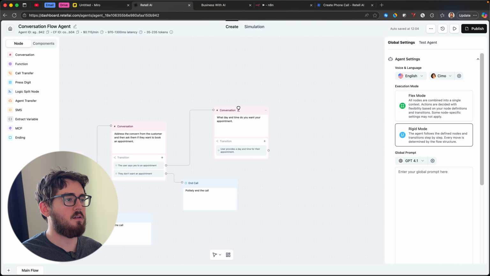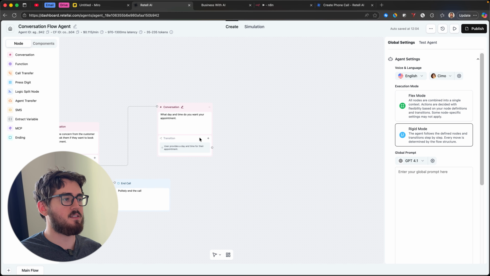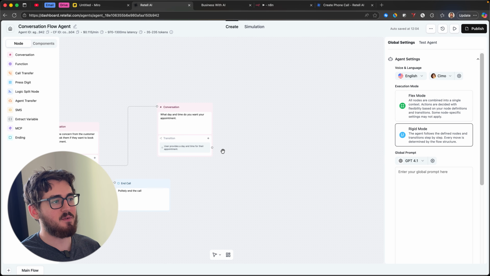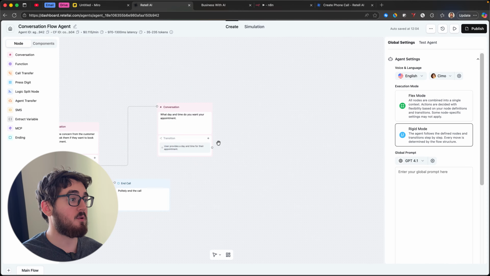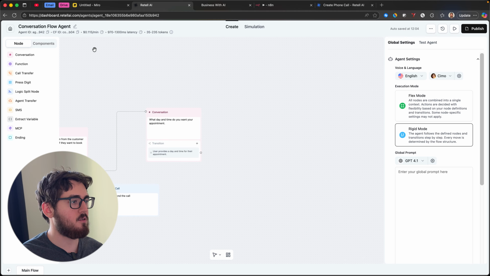Okay. Now, once they provide the day and time, this is the most important part. You actually have to book the appointment into your calendar. And this is where a lot of people get tripped up. They get stuck in the technical details because it's not very simple to do this. But I'm going to show you the easiest method that I have found and that is working very well for myself and my client. So first thing you're going to need is you're going to have to add a function